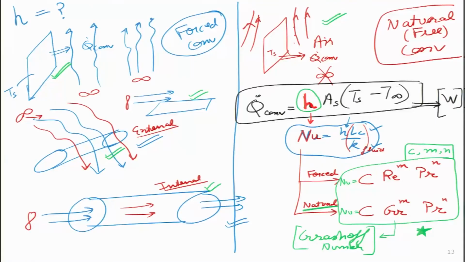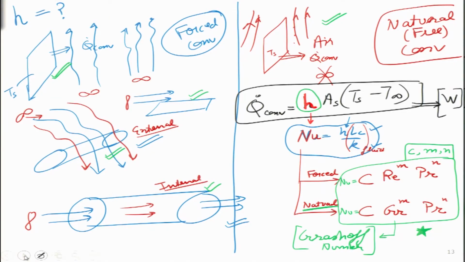And one amazing thing that we will encounter is the names of all these famous scientists and engineers. So, Reynolds, Prandtl, Grashof, and then we will learn about Blasius and other people. They have all contributed in the last 100, 200 years, so that we students together can learn all these things in a matter of a few hours. Those people have spent decades and centuries figuring out these things. So, let us move in the same direction and try to figure out for ourselves what those engineers and scientists have shown us.